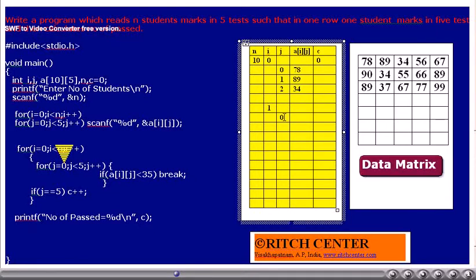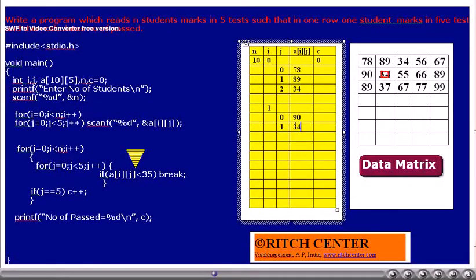j is initialized to 0. Is j less than 5? Yes. Thus inner for loop is going to get executed once. Is A[i][j], that is 90, less than 35? No. Thus we will not come out from the inner for loop. j value will be incremented by 1. Is j less than 5? Yes.